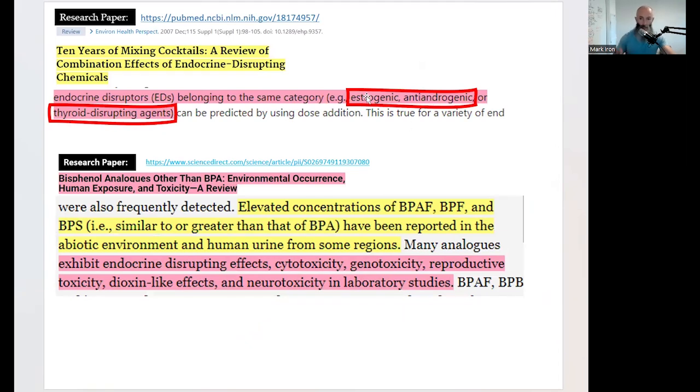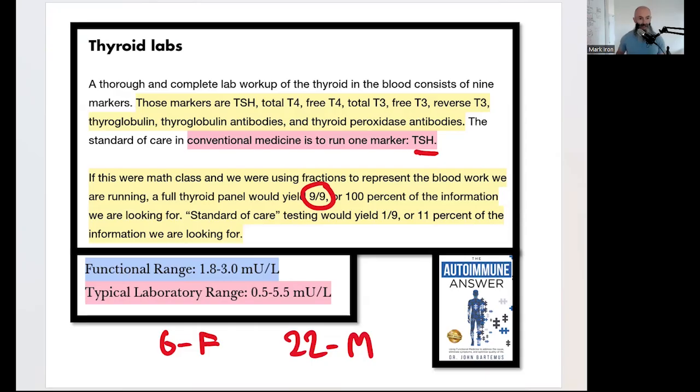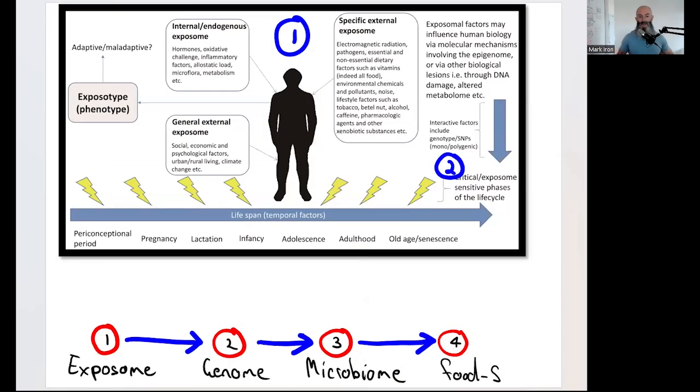They're estrogenic, so they mimic estrogen, and they're anti-androgenic, so they tank your testosterone. They even destroy testosterone and thyroid receptors. And these endocrine disrupting chemicals are cytotoxic, genotoxic, reproductively toxic, and neurotoxic. Damn, that's a lot. So the way that we do this is the way that I've been taught with functional medicine: